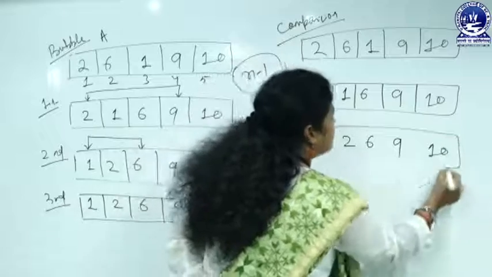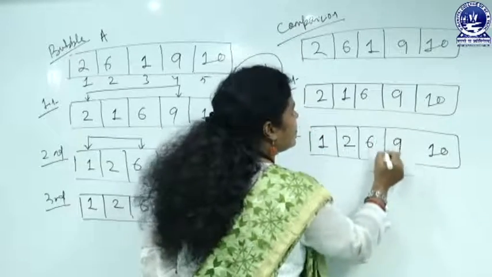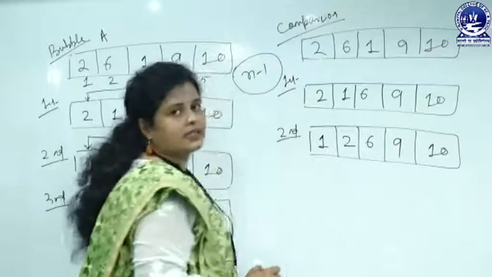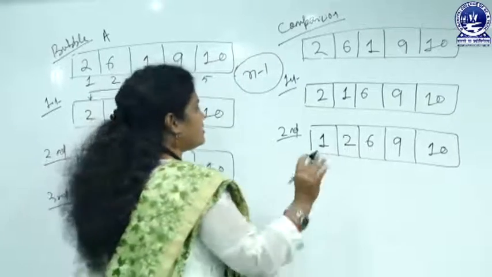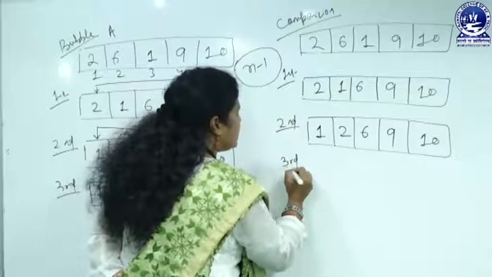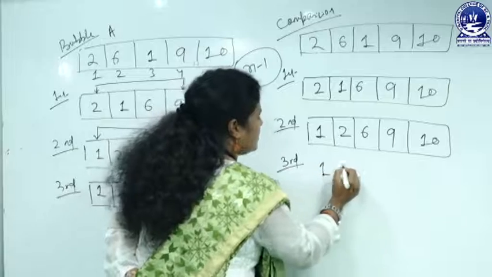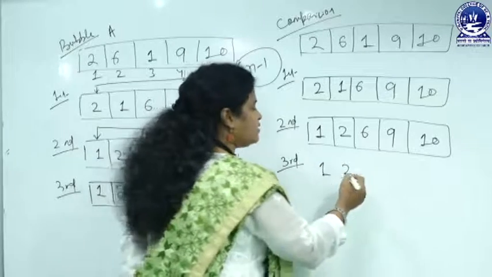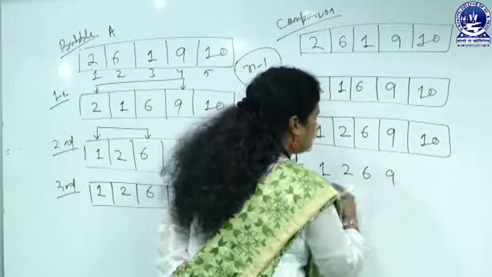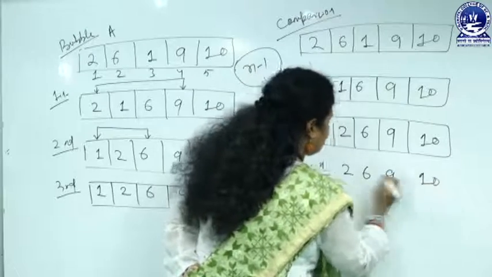In case of this sorting approach, what is happening at each iteration, we are moving from the first location till the end. This is one drawback. Then at the third iteration, there is no requirement of swapping. So, the list will look like this. I am just writing the final list 1, 2, 6, 9, 10.